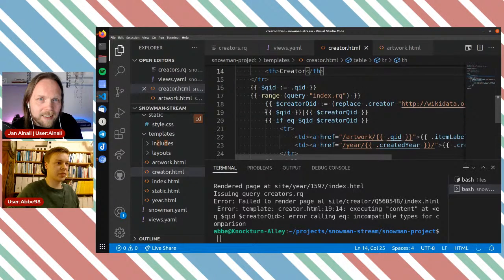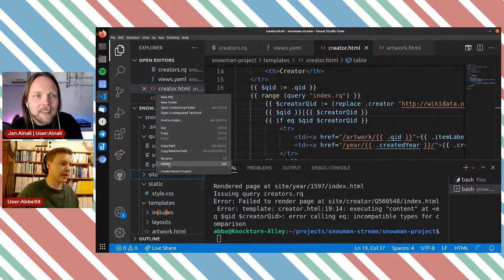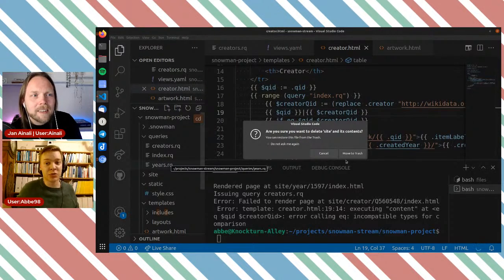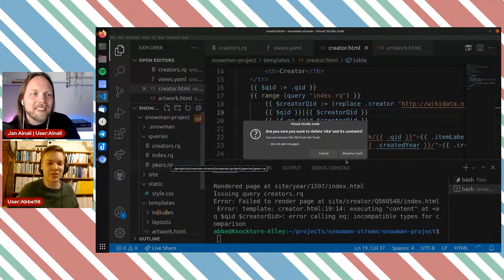So that should render that before, and I'm actually going to go up here and explicitly delete the site. It's not deleted every time you run build, because for really large sites, when you build things with Snowman, you don't want to rebuild like a Gov directory of thousands of pages. I think the largest site using Snowman is 200,000 pages.